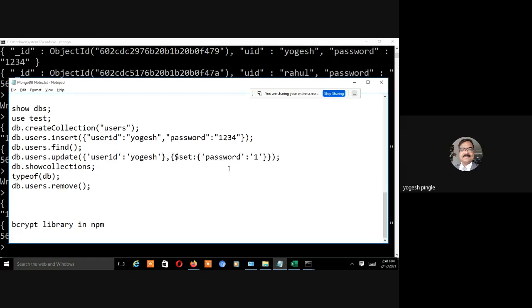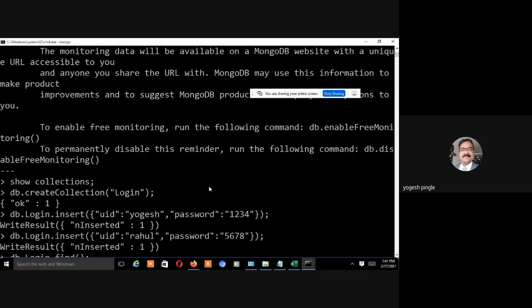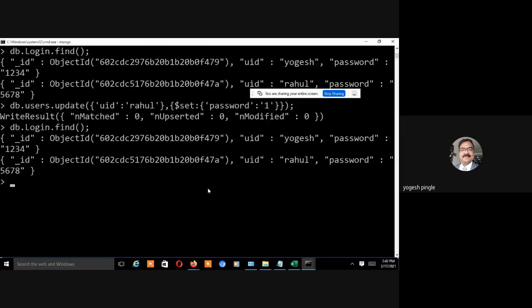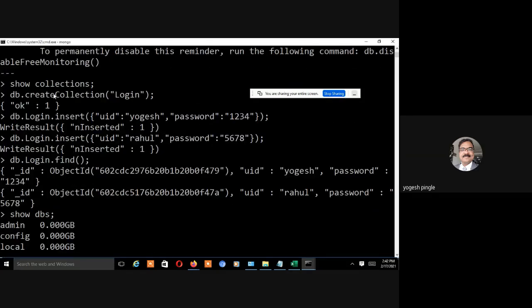So in short, in these few minutes we have seen how to install MongoDB, what a collection is, what a document is, how to create a document and a table, and how to find the values.